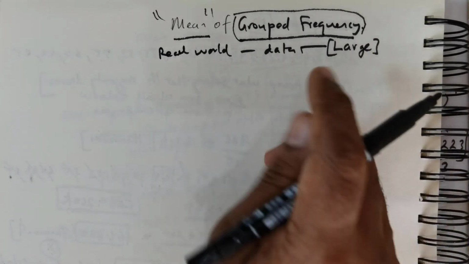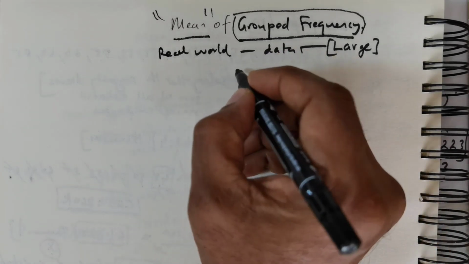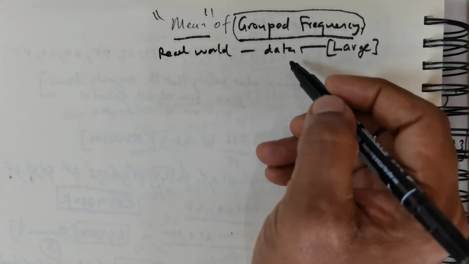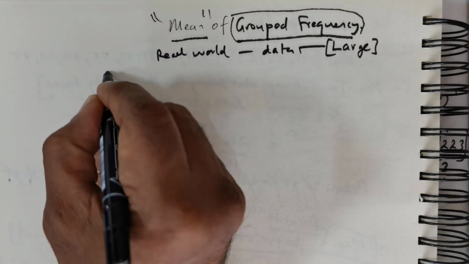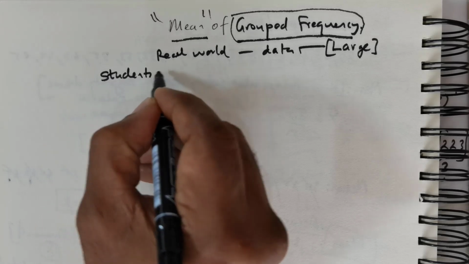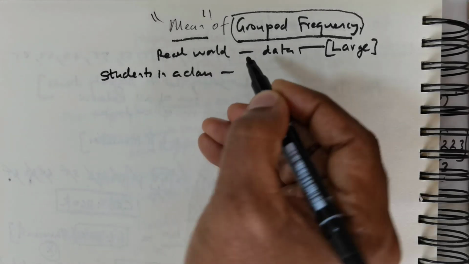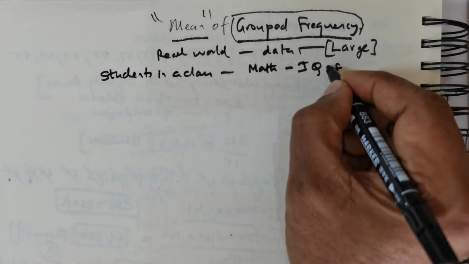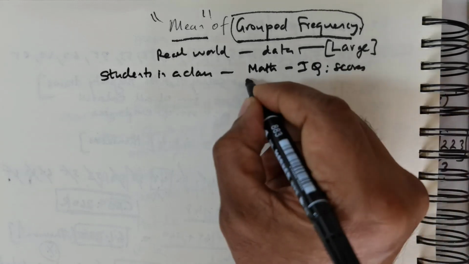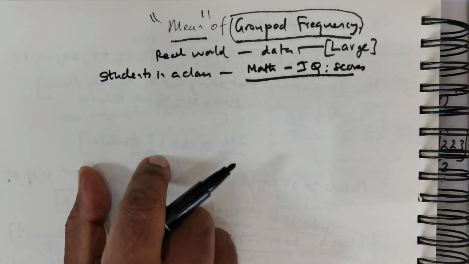Having mentioned that concept, I will give two examples for this grouped frequency, and at the end of the class I will also mention the further benefits of this particular technique and why it is imperative that you gain a mastery of this. So foremost, let me consider this particular data. You have students in a class and they are taking a math test, a math IQ test, and their scores are actually presented by means of